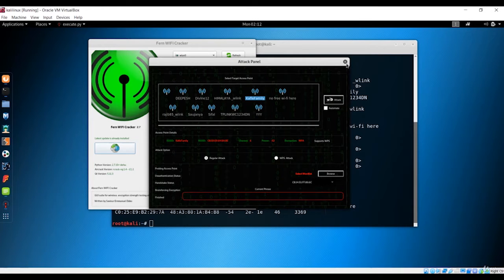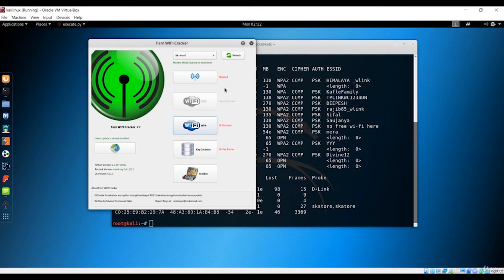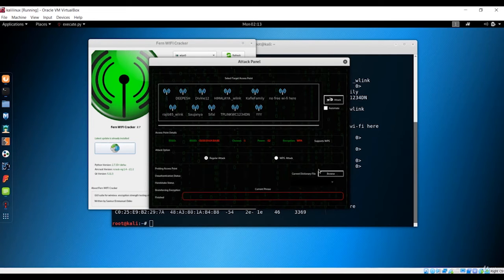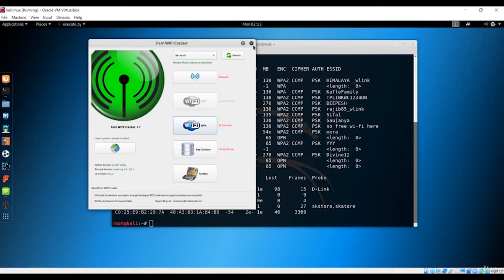But we are not going to do it with this because this is an easier process and anyone can do it. Our aim is to make use of airodump-ng, and the way it works is that we have to deauth some of the clients so as to get the handshake. Basically we are using the handshake protocol to send the packet, we acknowledge that packet, and we use the word list to crack this WPA. You can do this with Fern Wi-Fi Cracker too, so this is also one process. I have shown how to do it: just browse here, get your dictionary file that can be made with the Crunch application, and attack that Wi-Fi. So this is the first process.